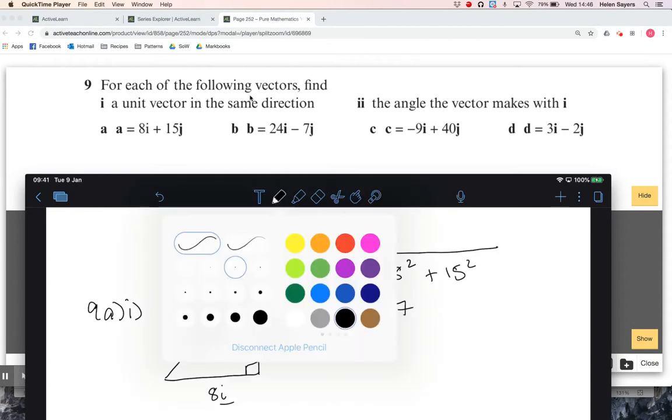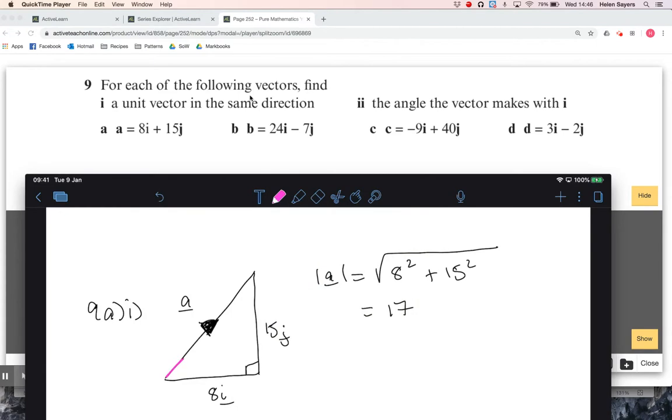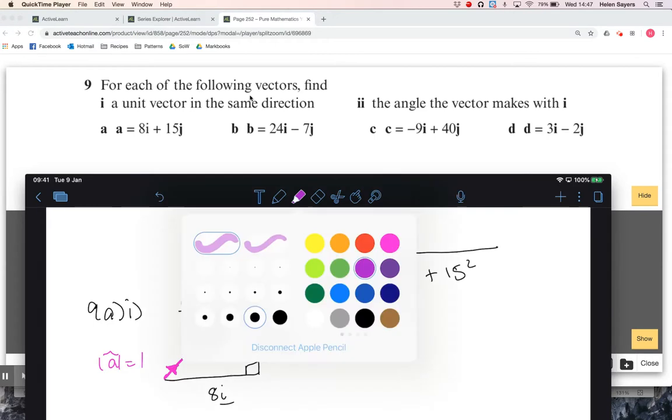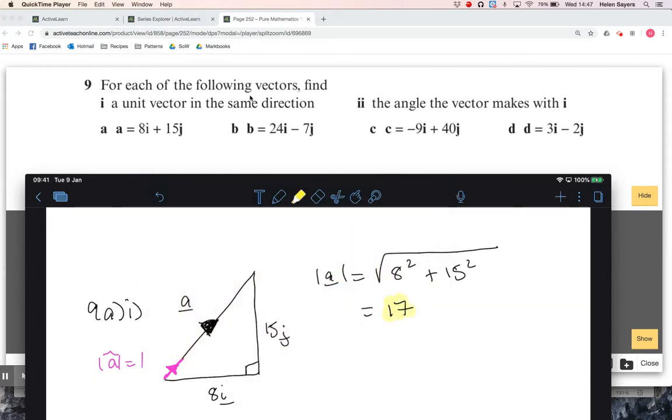So the unit vector, again, this is not drawn to scale, is going to be a vector that's parallel to A, so going that same direction, but just has a magnitude of 1. So we've just worked out that that vector has a length of 17, so we just want 1/17 of that. We want a length of 1, so our unit vector is just going to be 1/17